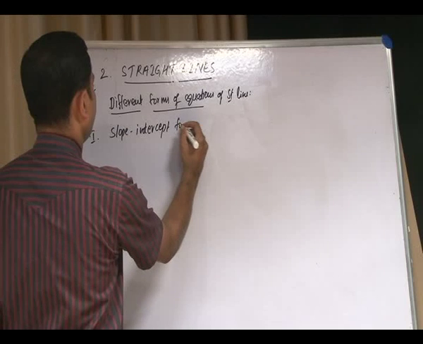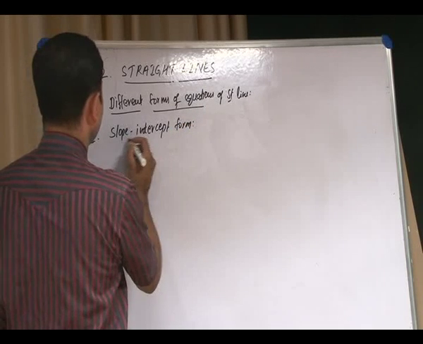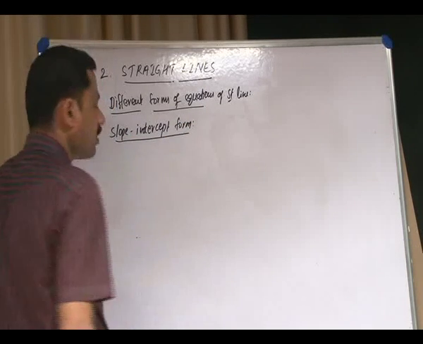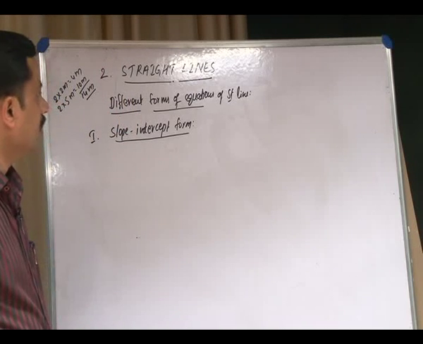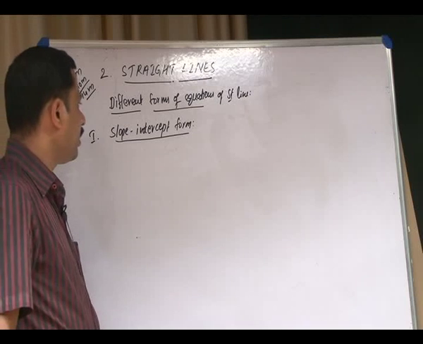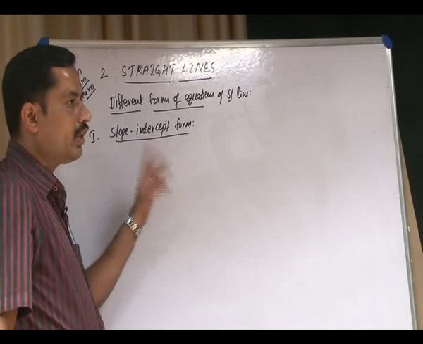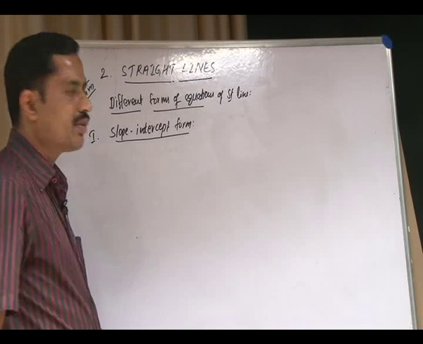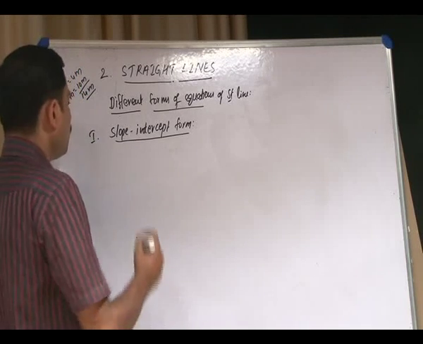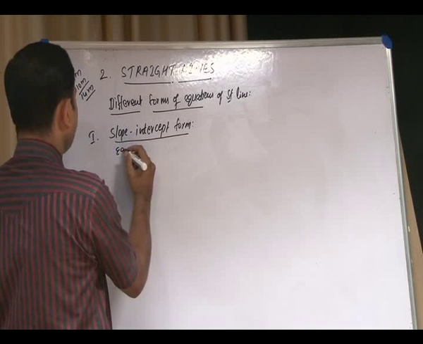Slope-intercept form, equation of straight line. Slope-intercept form means that by knowing the slope of the straight line and the y-intercept of the straight line, you can calculate the equation of the straight line by using this, that is a slope-intercept form. Here the equation of straight line